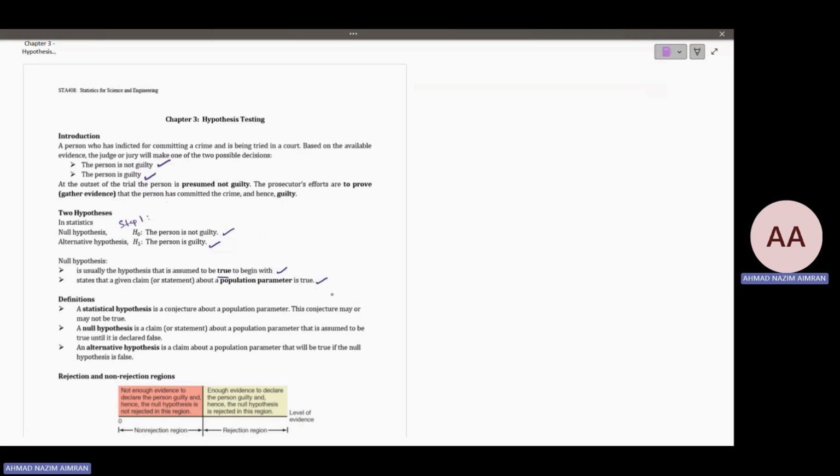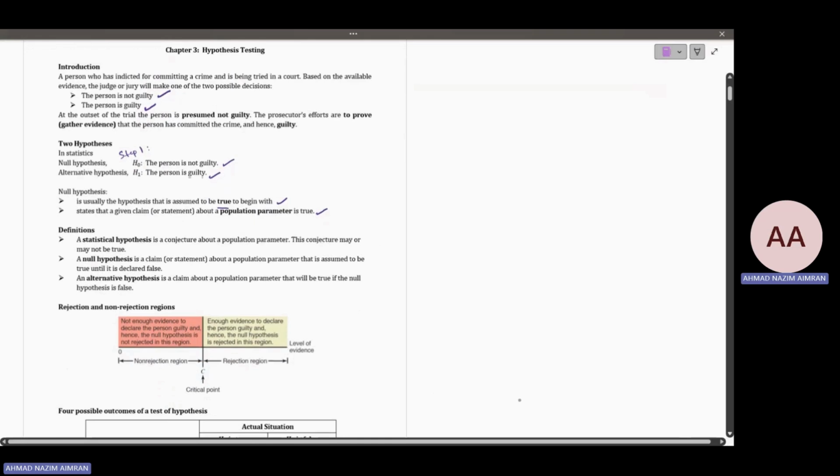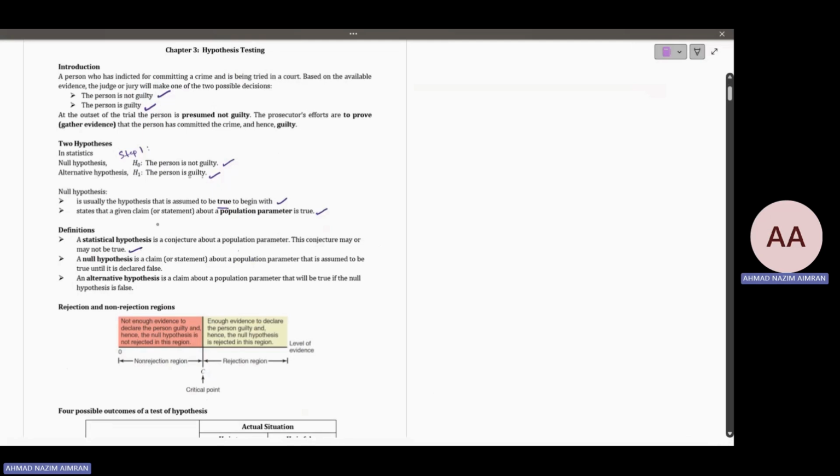Now, about the definition, a statistical hypothesis is a conjecture about a population parameter. This conjecture may or may not be true. So we are going to decide whether the conjecture is true or not based on the evidence, or based on the data that we have. And a null hypothesis is a claim about the population parameter that is assumed to be true until